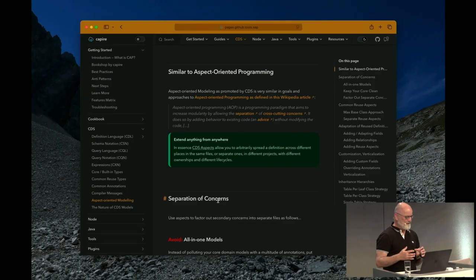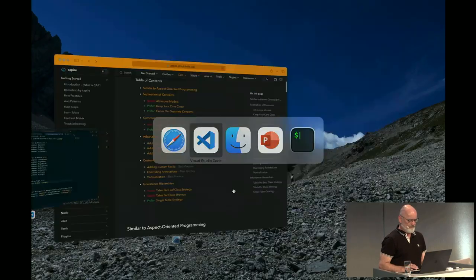In Java, if you have something like an object base class, then in order to add a property to this base class of all your object, you need to talk to the owner of this class definition. In CAP, that is not true. If you get something from us, for example, a type, a reuse type in CAP Core Common, you can just extend it because everybody can extend everything from everywhere. That's about aspect-oriented